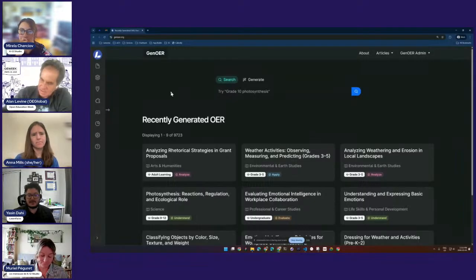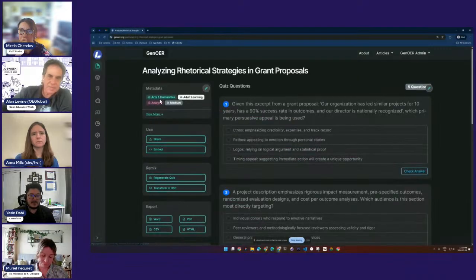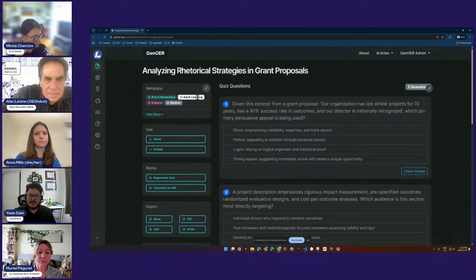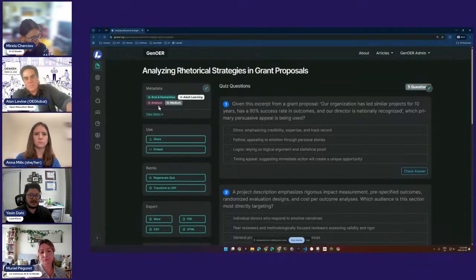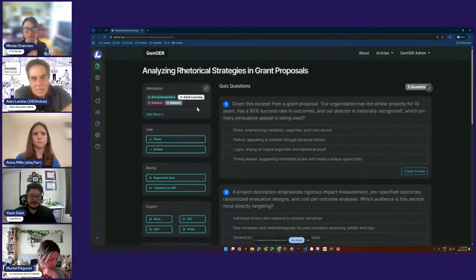It generates the metadata for a quiz along the lines of the subject, the learning level or the student's level, so adult learning, kid 12, etc. They select one of the tiers of Bloom's taxonomy, in this case analyze, and they also select the difficulty: medium, easy, or difficult.